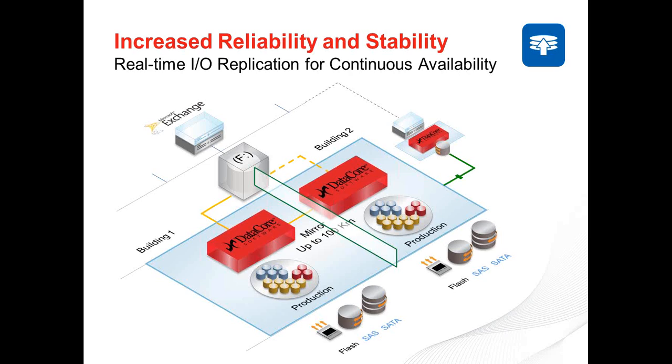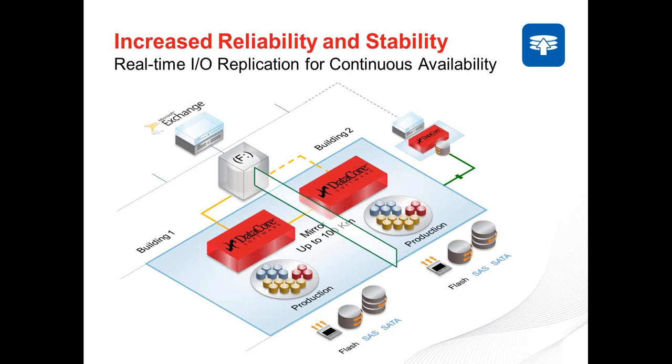By looking at this slide here, let me tell you how this technology actually works, and I'm going to do my best to give a representation of it. Our software allows you to configure redundant storage pools by synchronously mirroring between the DataCore nodes at different locations, represented by the red boxes in Building 1 and Building 2. The virtual disk represented by the F drive is just a logical representation of a dual-ported drive, except that two independent copies are being updated in real time at each location. As a best practice, we recommend that the two storage copies reside in two separate physical locations, such as Building 1 and Building 2, up to 100 kilometers apart.